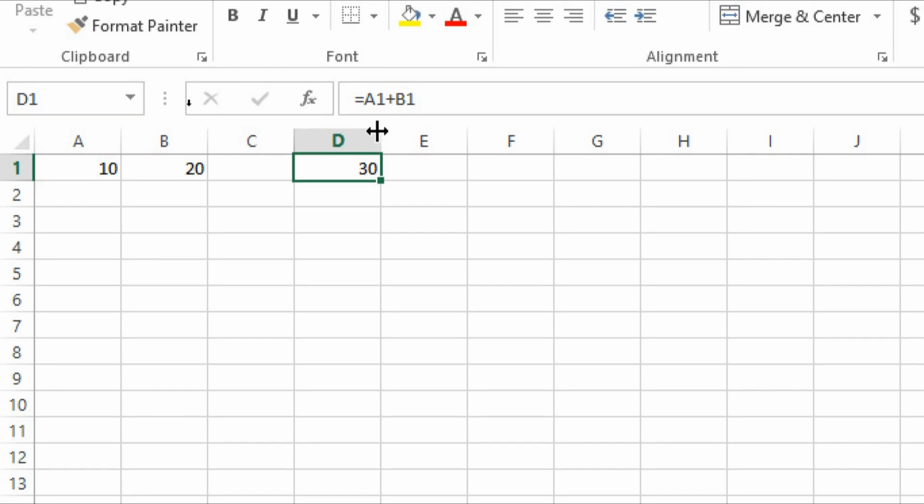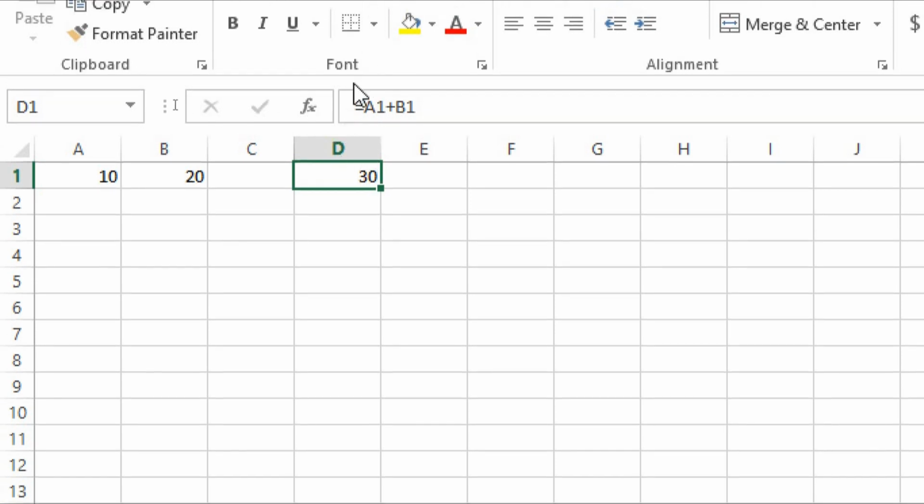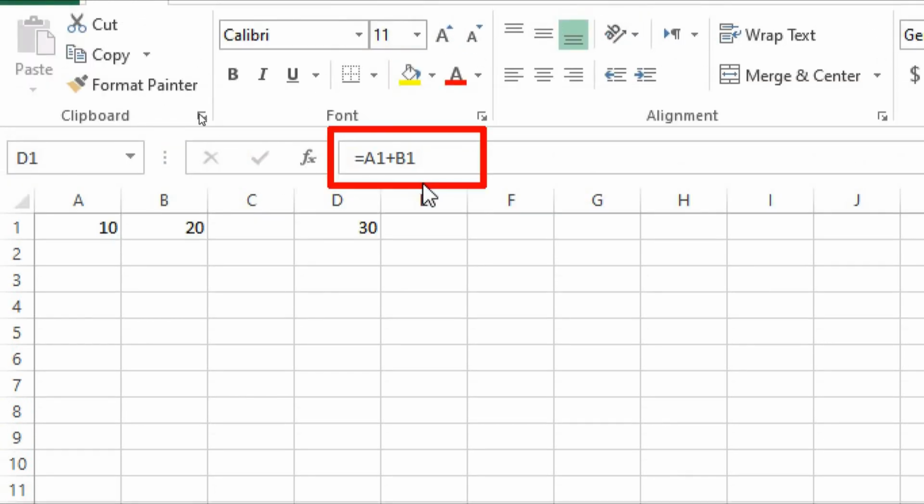Okay, let's talk about the formula, how these addresses are used here and how this calculation is performed. This is called a relative address. An address of a cell that is just a combination of column letter and row number is called a relative address. What is the concept of relativity of the addresses in a spreadsheet? It means that